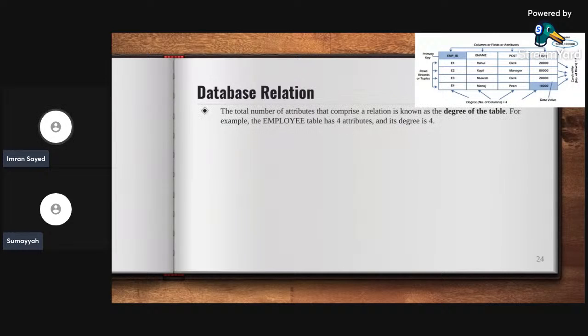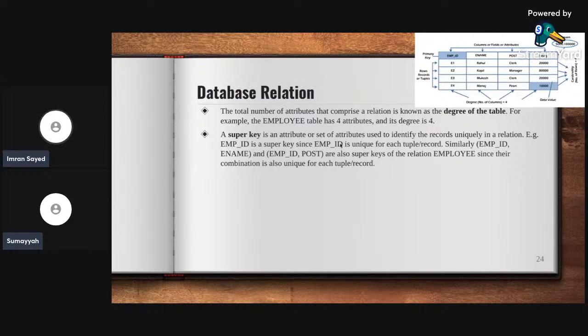Database relations: the total number of attributes that comprise a relation is known as the degree of the table. For example, employee has 4 attributes, which means 4 columns, so the degree is 4. Superkey is an attribute or a set of attributes used to identify records uniquely in a relation. Example, employee ID is a superkey since employee ID is unique for each tuple or record. Similarly, employee ID and e-name, employee ID and post are also called superkeys of relation employee since their combination is also unique. Basically, the difference between the super key and the primary key is that primary key will always be single and unique, but the super key can be a combination of